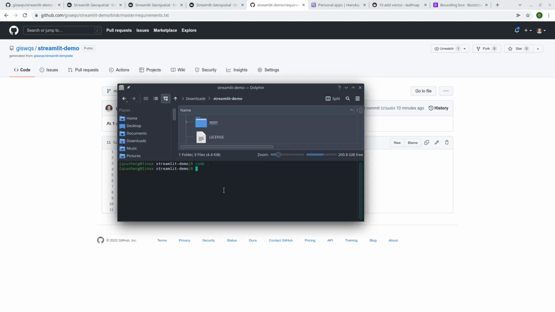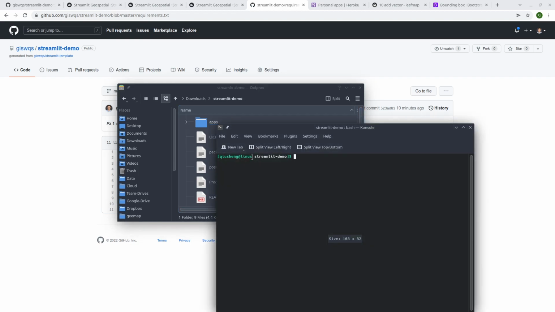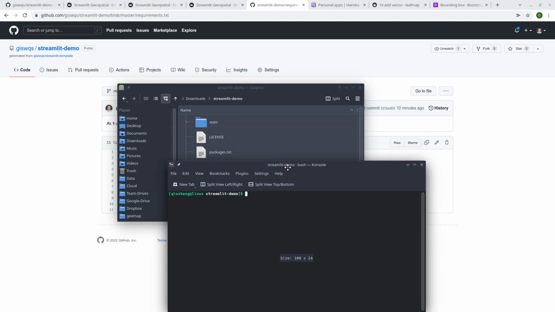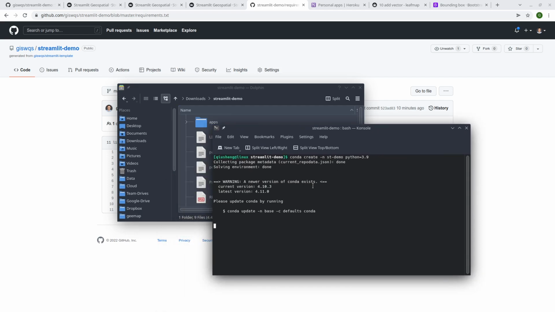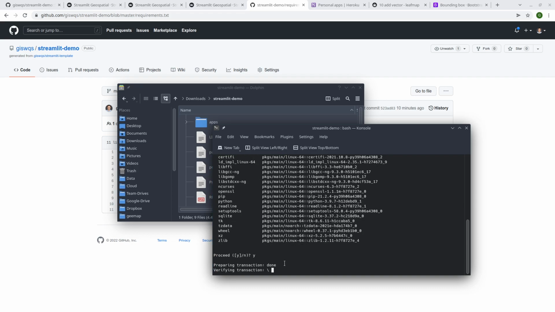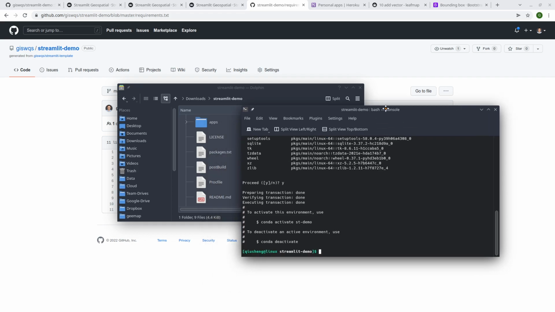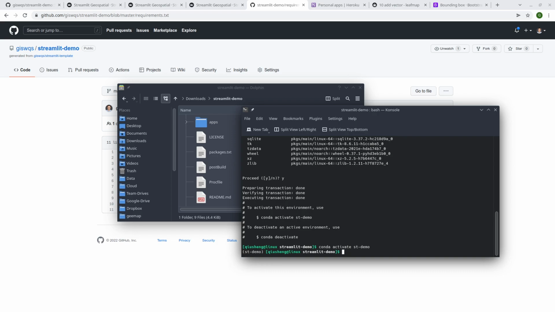So let me come back to here, right? Just open your Anaconda prompt or your terminal, and then you can, for example, conda create -n, basically the name you want to use. So I can say, for example, st demo, and then just type python equal to, for example, 3.9, right? This is the name of the repository, and then the name of the Conda environment. Once you create it, I can conda activate st demo, right? Once it's activated, the next step is to